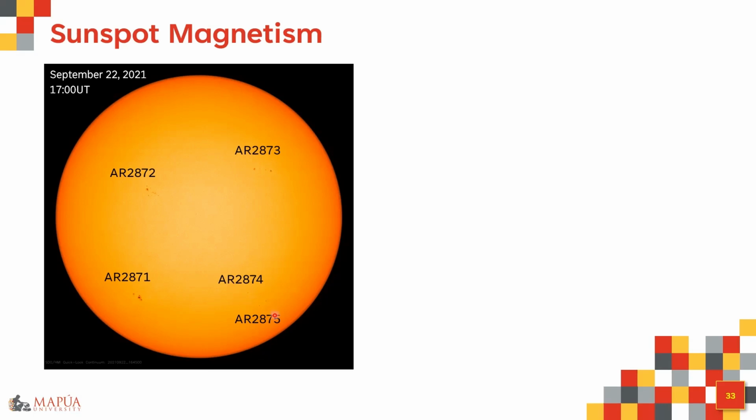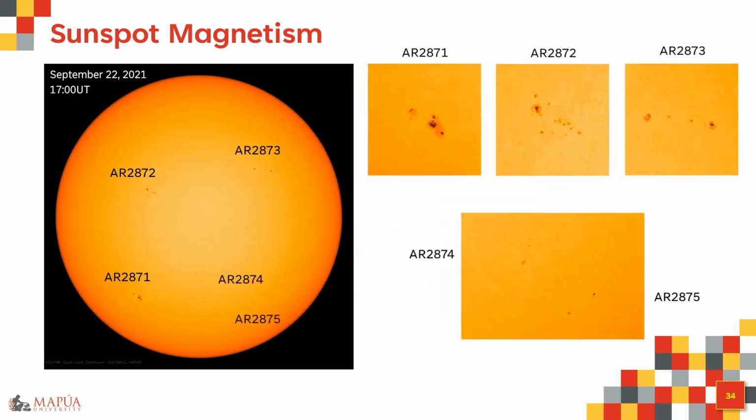So if we zoom in, it would look like this. You will notice here that this is a bit complicated already, but it did not start from this figure. For example, 2873 generally has a pair of sunspots, but when it started to appear, which I will show you later how this evolved, it actually appeared as a single sunspot. Then it grew as time progressed.